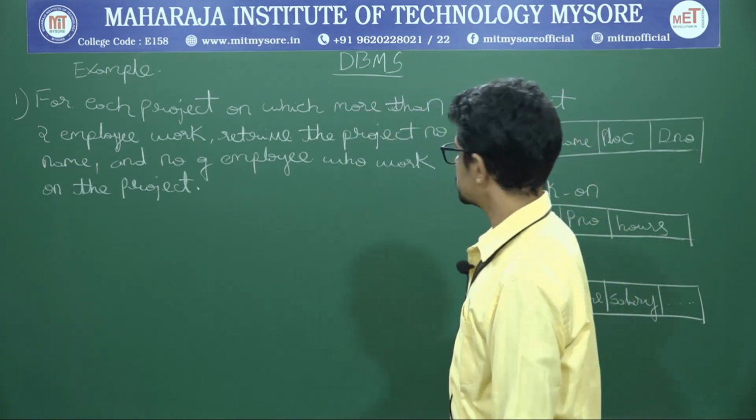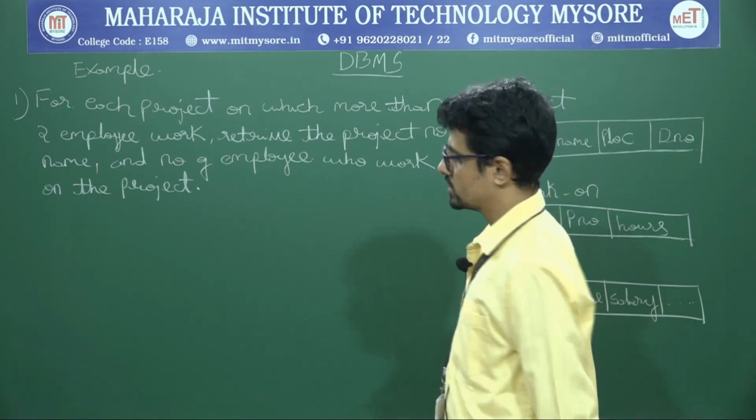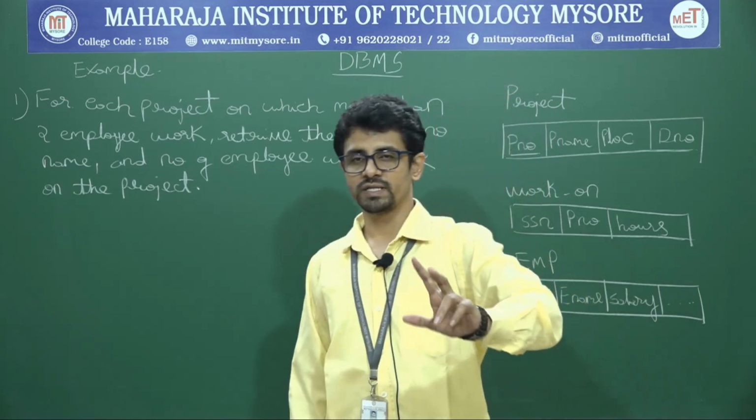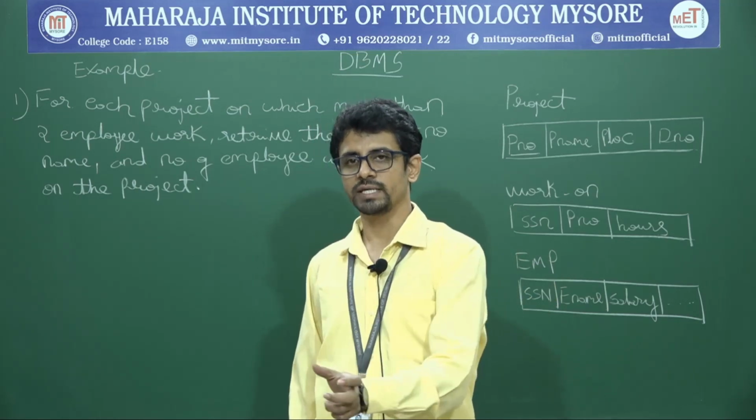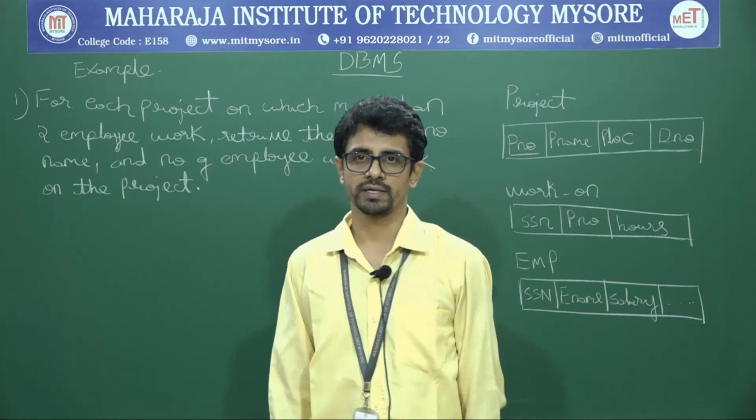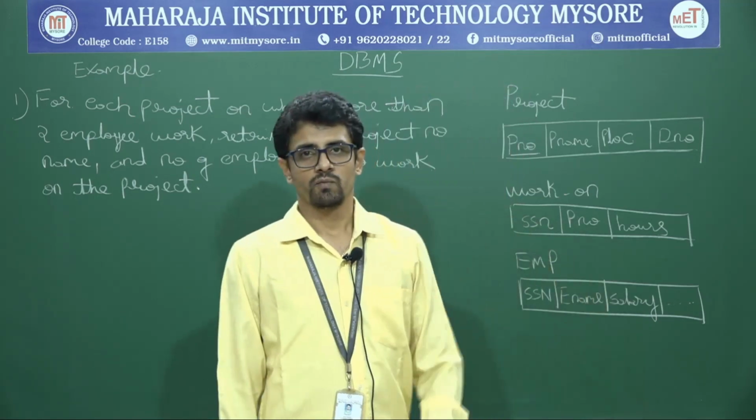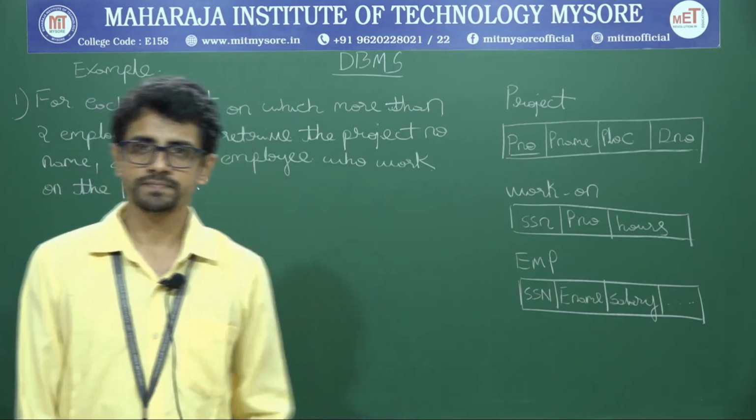Next, retrieve the project number, the name of the project and the number of employees who work on each project, for only those projects where there are more than 2 employees. Retrieve the project number, the project name and the number of employees who are working on it. It should be more than 2, of course. Okay. But once you have said that you want the employee table and the project table to answer this,